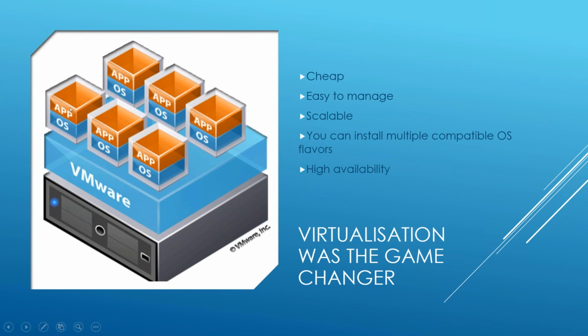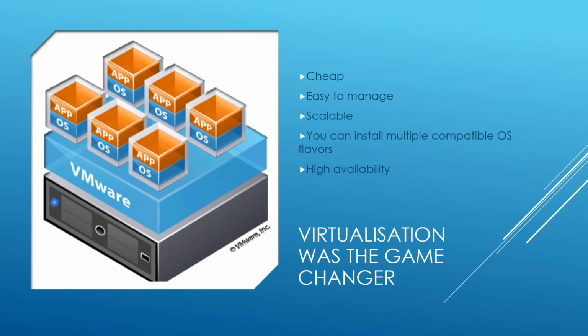And you have the advantage of having different versions of OS. For example, you have developed an application and you need to test how it behaves in Windows 8, Windows 10, Windows 7, and Ubuntu desktop, all these things. To test that, you can have different operating systems here, deploy the application, and test it in this server with different OS flavors. So these are the multiple advantages of this virtualization software.